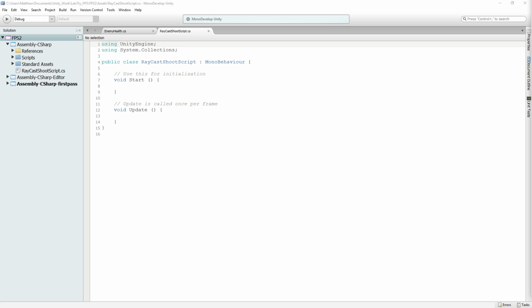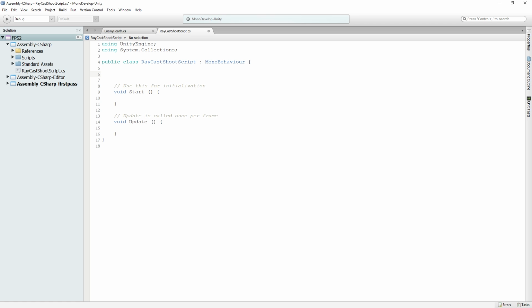And so we're going to start by declaring some variables. The first variable that we're going to declare is going to be a public float called fire rate, and we're going to initialize that to 0.25. So this is going to mean that every quarter of a second, every 250 milliseconds, is going to be as often as the